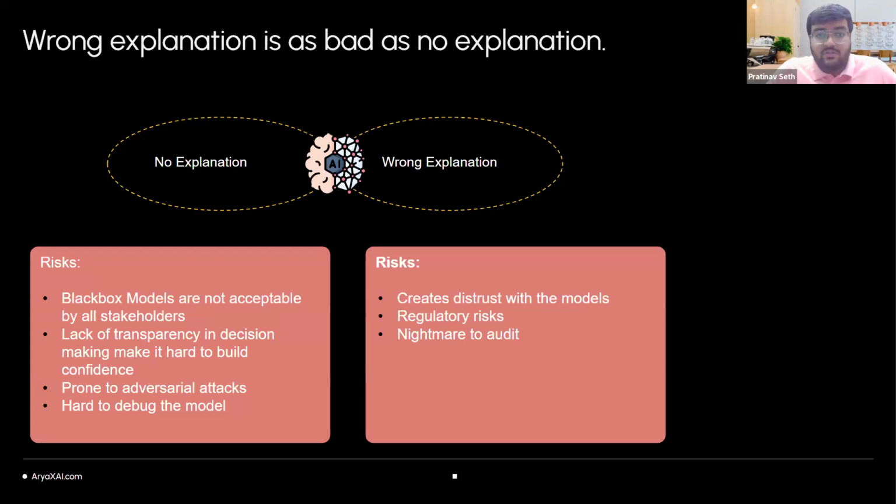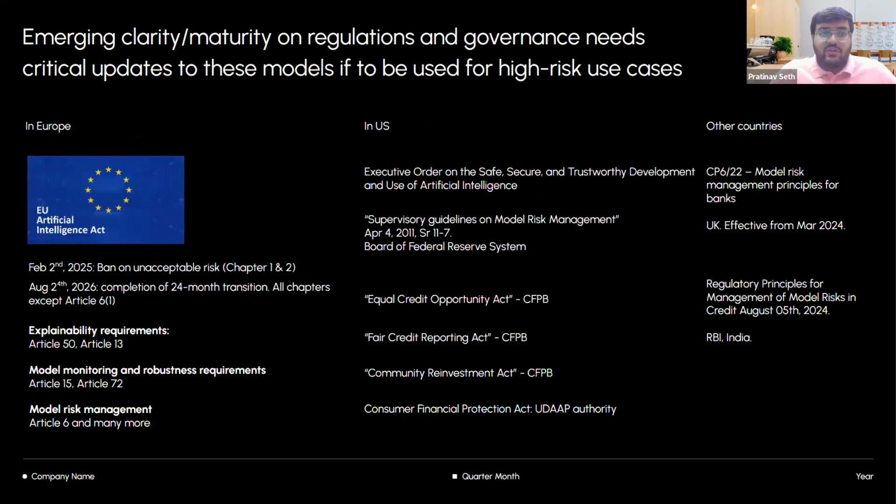And in current times, there is a lot of maturity in AI regulation and governance. In Europe, you have a milestone AI regulation act which has come up and will be in picture starting next year. In the US, you have a lot of regulations coming up around AI. In different countries, let's say Canada and China, you have different sorts of regulations. In India, there's something which might come up in the next few months.